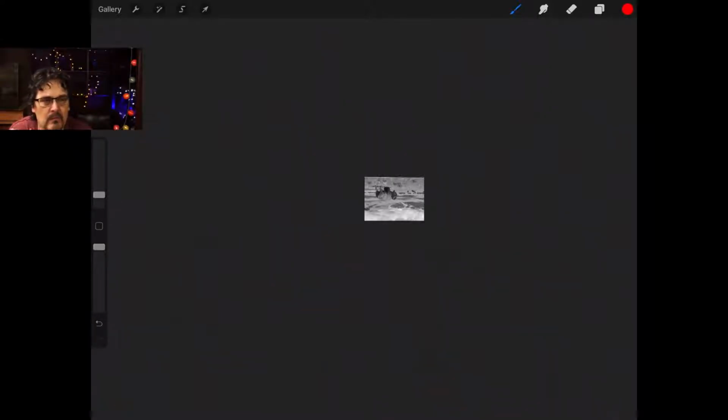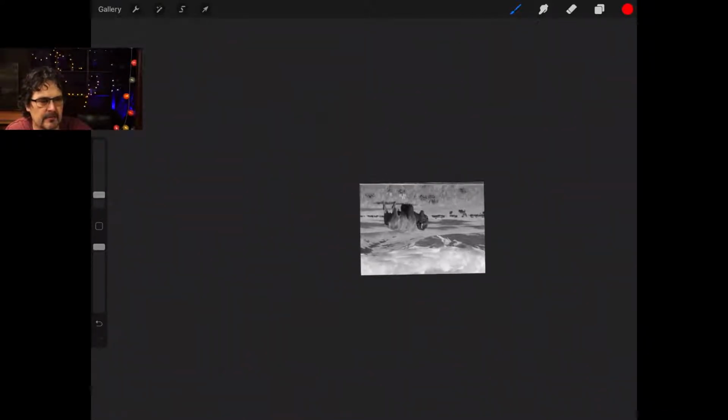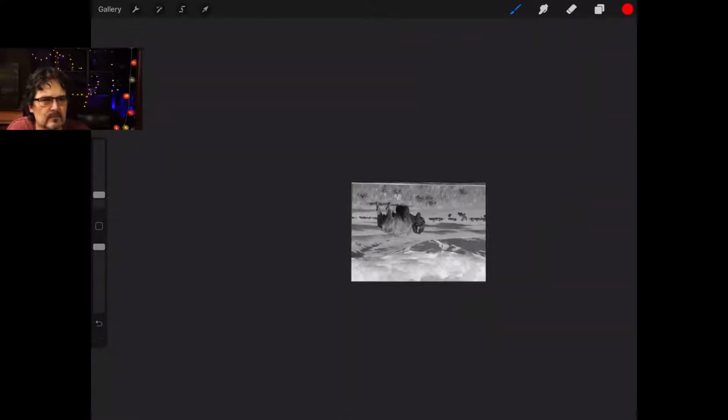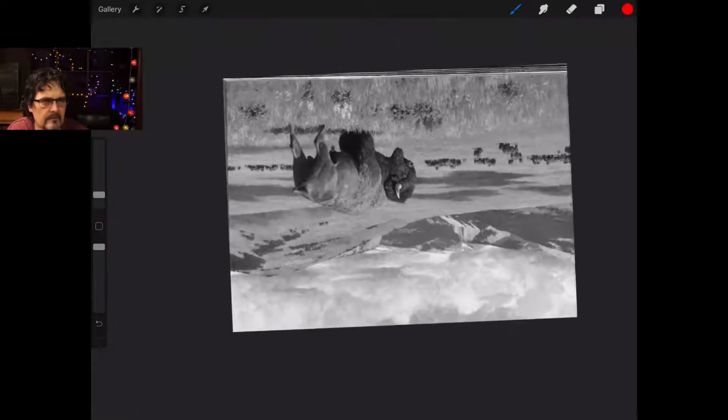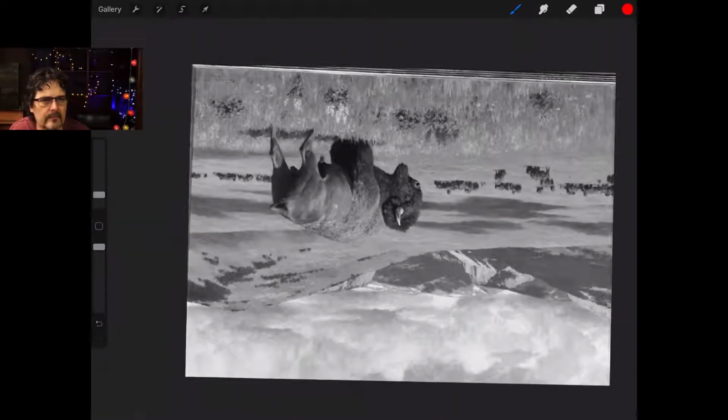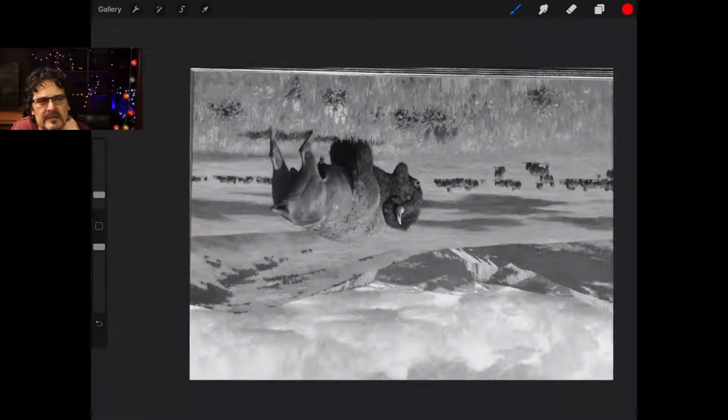This is one way you can see the painting as a whole, is just literally make it so small that there's no detail. The size of a postage stamp. But can you see the beautiful value pattern he set up?